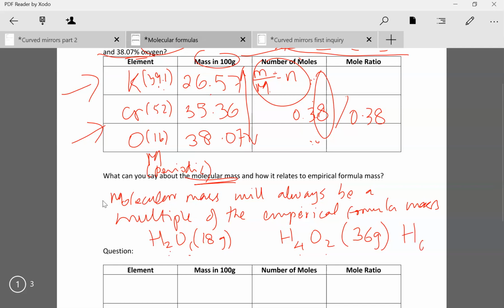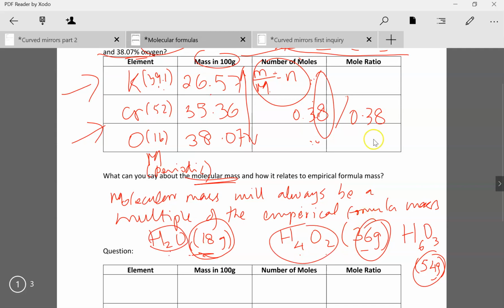Similarly, H6O3 will always be 54 grams. There's just one of these times 3. So the actual masses, 18, 36, 54, will always be multiples of 18 grams. Right? And that's how you figure out what the actual subscripts are, because we talked about how all of these things have the same